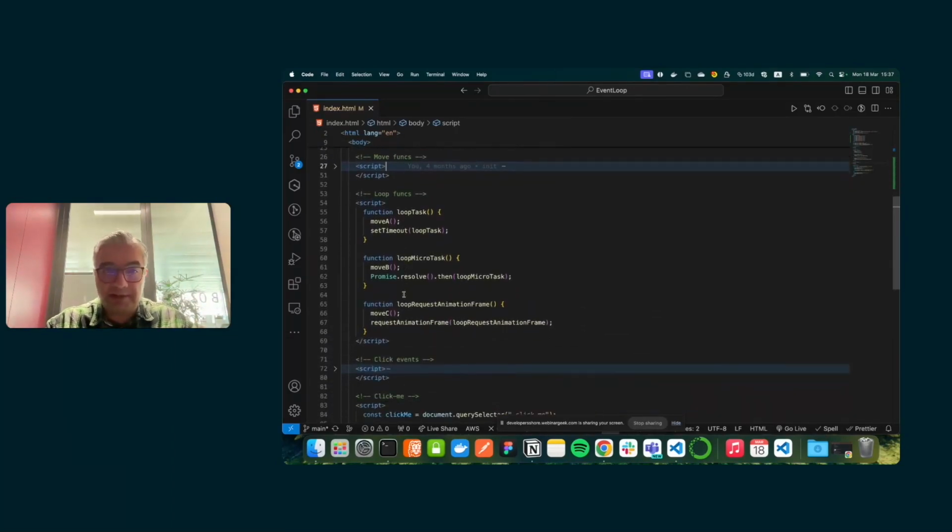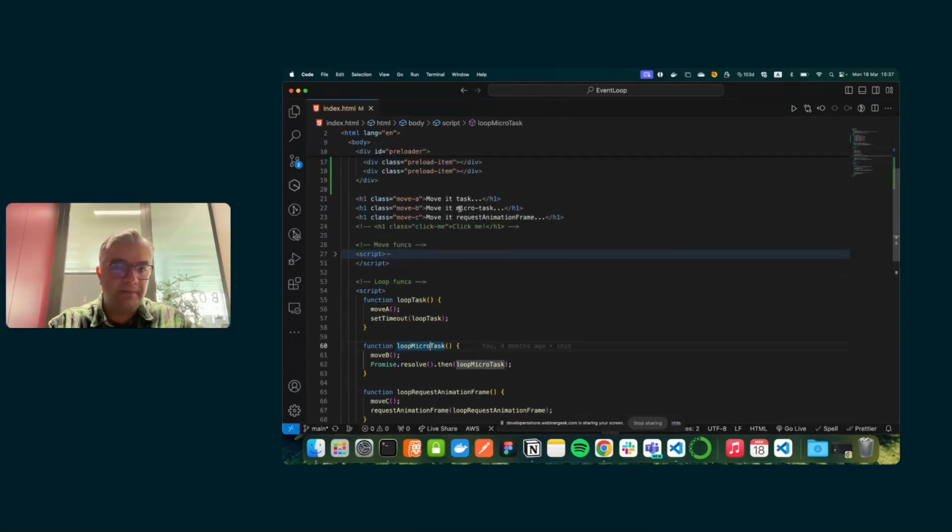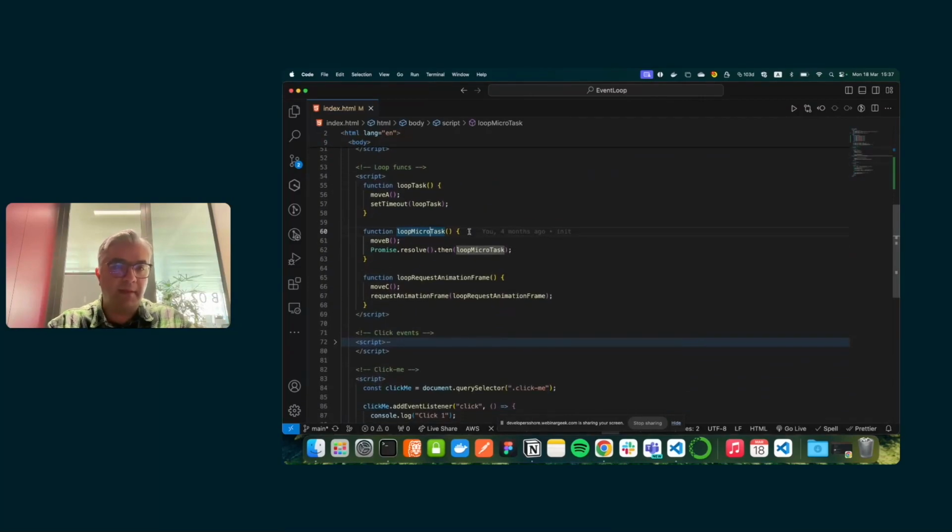But the tricky part is here. For the first one, I'm using the loop task with setTimeout. For the second one, move microtask, I'm using Promise.resolve to move it from left to right. And for the last one, I'm using requestAnimationFrame.